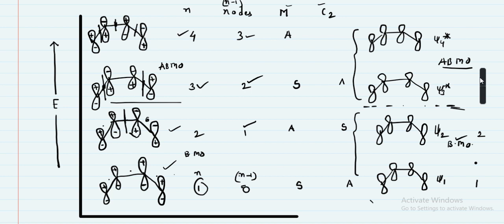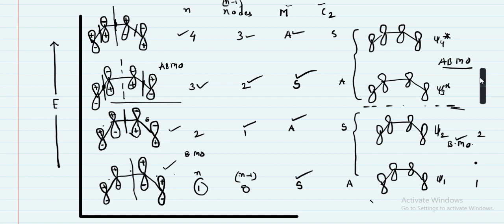Now the mirror plane of symmetry: when you place the plane, there is the same reflection of the charges through the plane, therefore symmetrical. When you place the plane and see positive, negative, positive, there is no same reflection of the sign through this mirror, therefore asymmetrical. When you place the mirror plane with negative, negative, positive, positive, the same sign is reflected, therefore symmetrical. In this case, negative, positive and positive, negative, therefore asymmetrical is its nature.